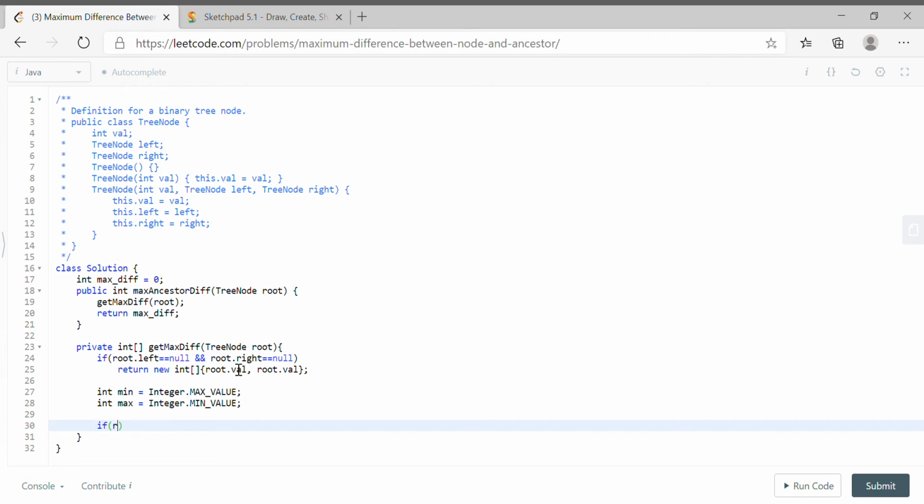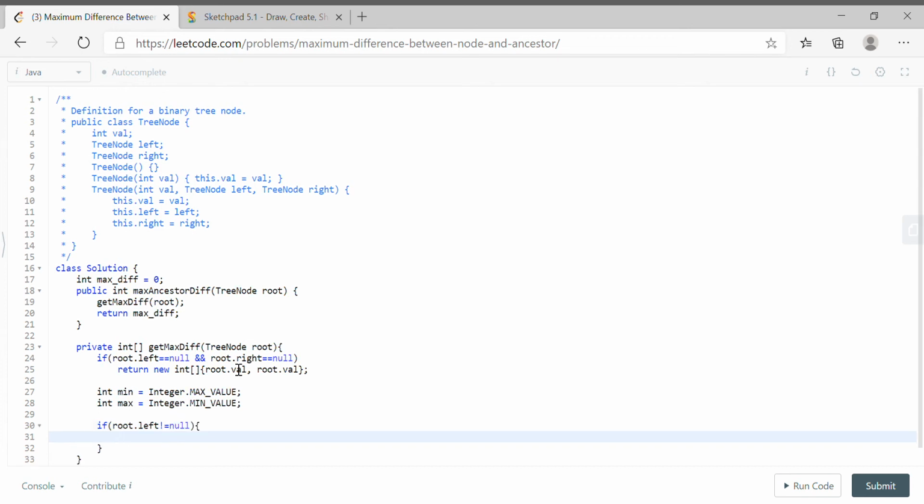If root.left not equal to null, we are preventing that, we should not go for a node which doesn't exist. So we will get the array, getMaxDiff of root.left. Fine.